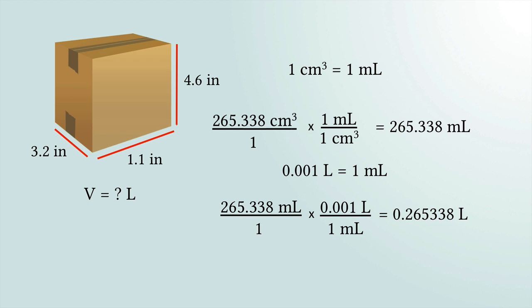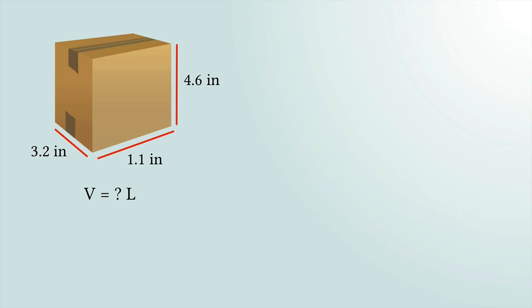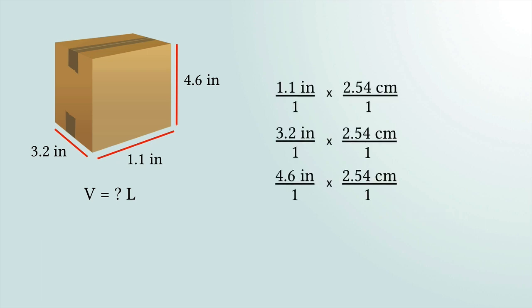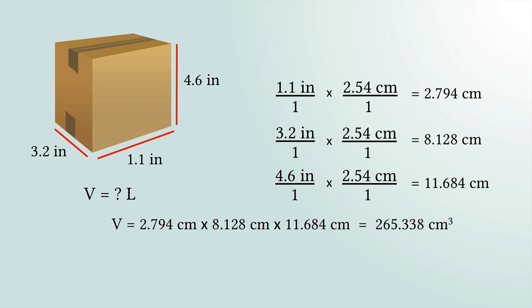We could have taken the 3 initial measurements that were in inches and converted each of them to centimeters. That would be 3 conversion problems. If we did that, we would multiply each measure by the conversion. Then we would have 2.794 centimeters, 8.128 centimeters, and 11.684 centimeters. The volume of our box then would be V equals length times width times height, or 2.794 centimeters times 8.128 centimeters times 11.684 centimeters, or